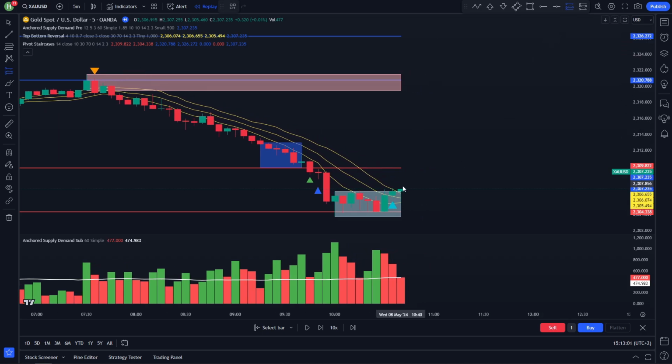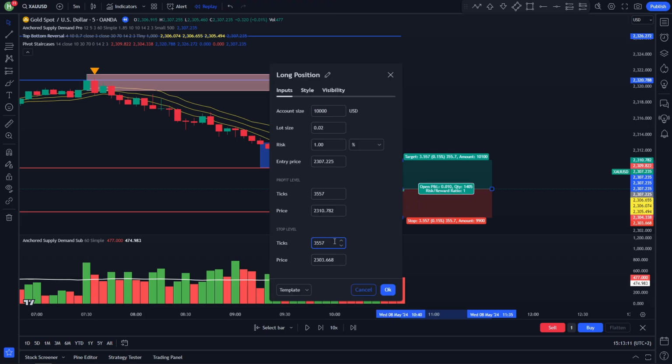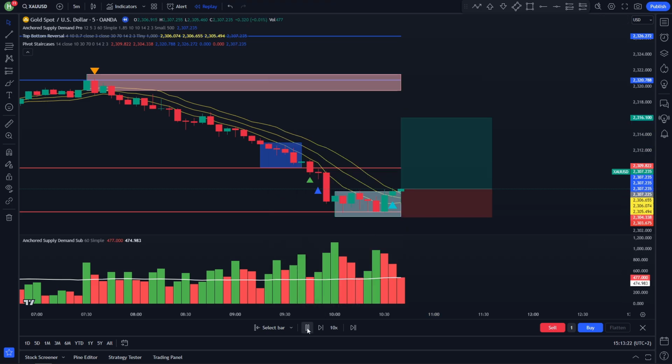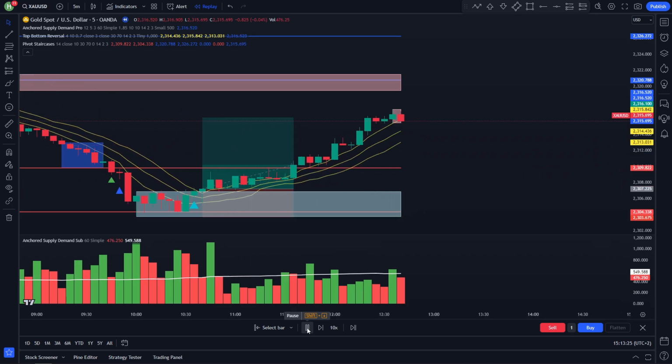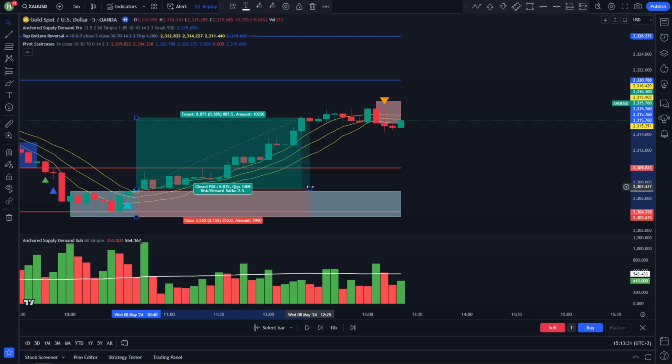Now, once the candle has closed that confirms the rejection, I will enter my buy trade. For the buy trade, I will place my stop loss a couple of points below the anchored demand zone and aim for 2.5 times the return. From these different examples, we can see that these indicators work in harmony, providing actionable, clear signals across various instruments and time frames. By following the precise entry and exit rules outlined in this guide, you can effectively manage risk